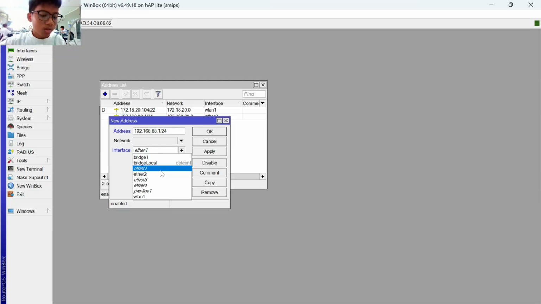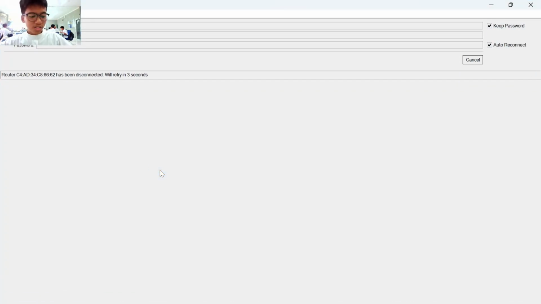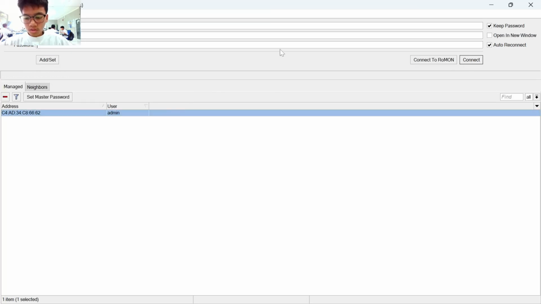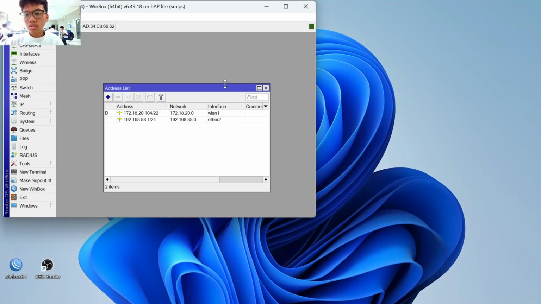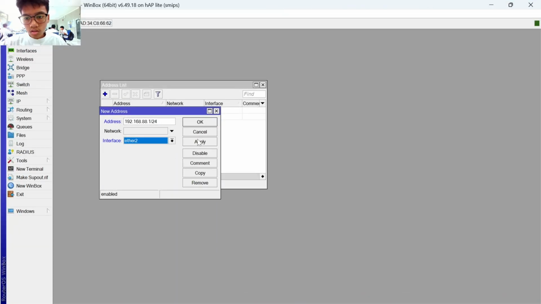In this example, ether 2. Then I'm sorry. Then get the connection. Okay. Yes, wrong password. Okay. Then choose ether 2, apply.